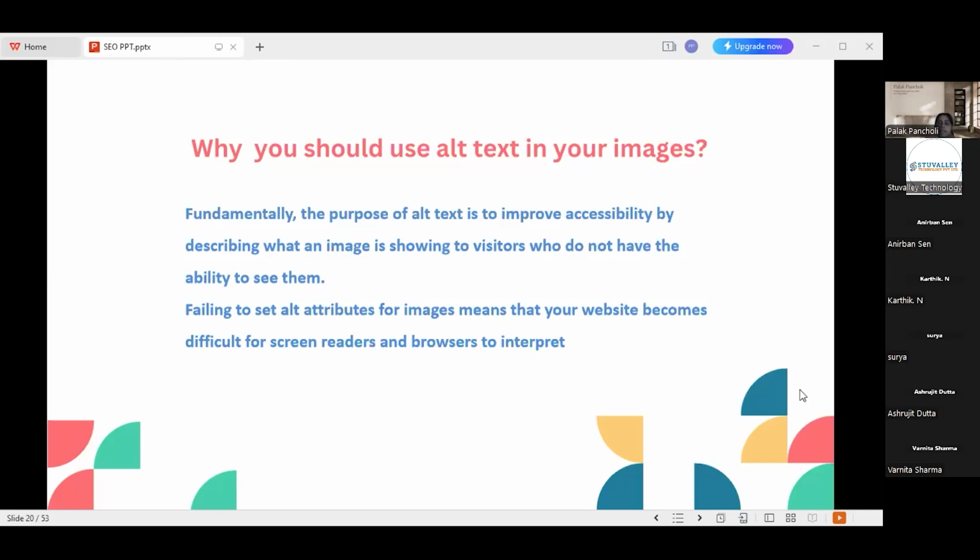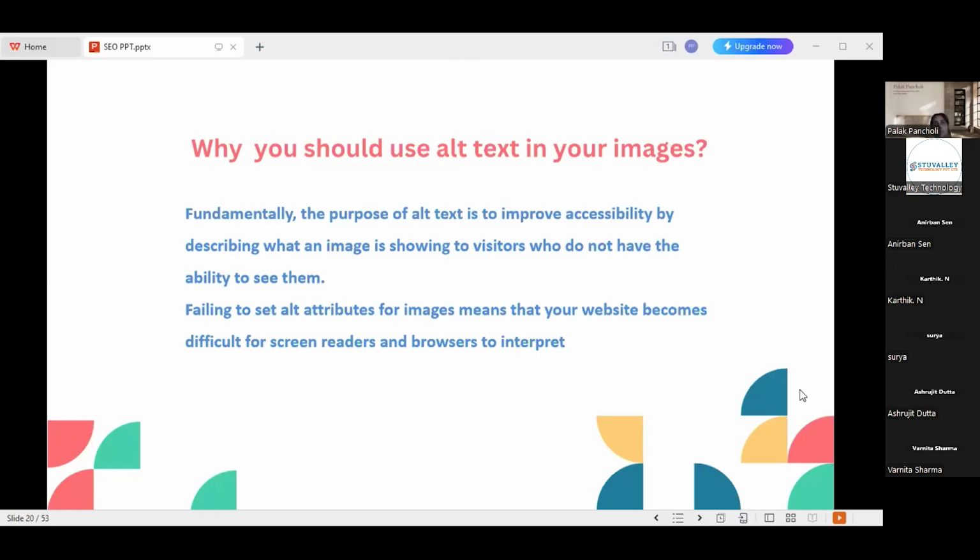Basically, this concept of image alternative text arises because images are visible to the people who can see, who are able to see the images on a desktop or laptop. But what about the people who are not able to see the images, who are visually impaired?